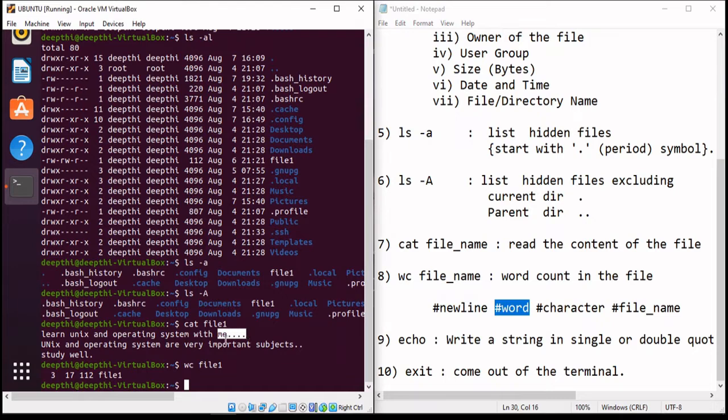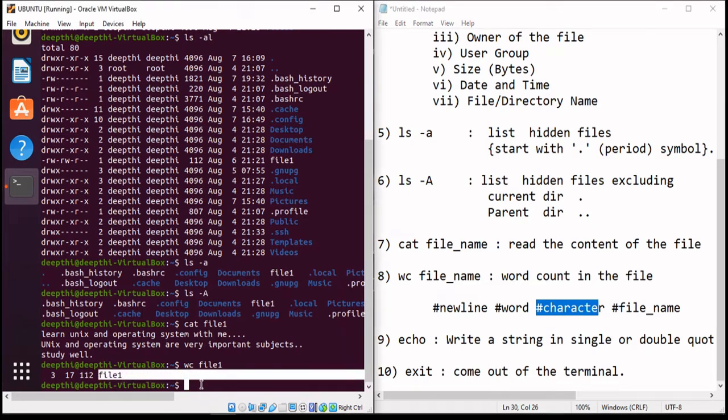Why? Because these full stops are together with this "me", and if they had been separated with a space, then these full stops would also have been considered as a word, right? Then the next is 112, that is the total number of characters, and then last is your file name. So the file name is file1.